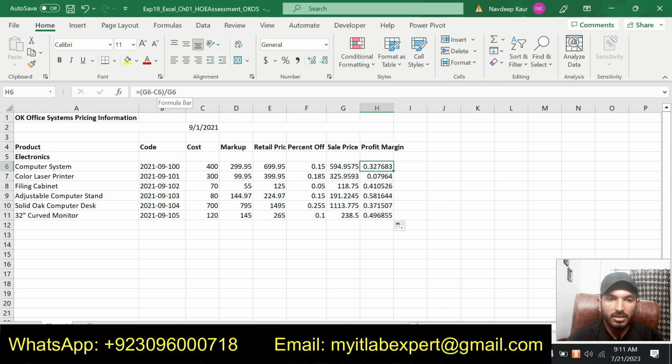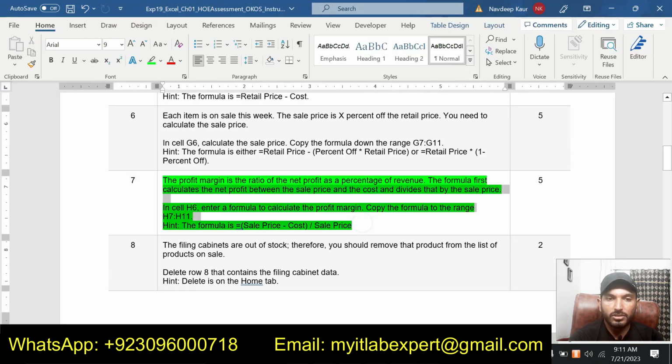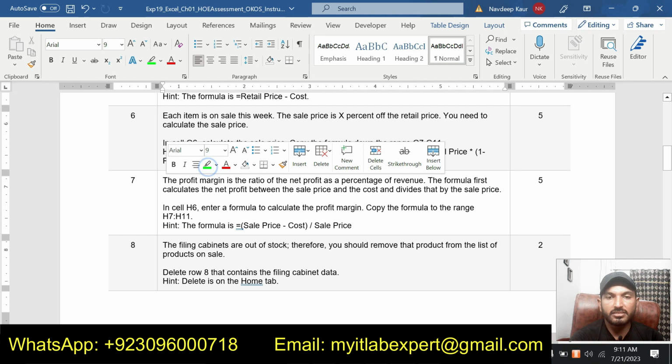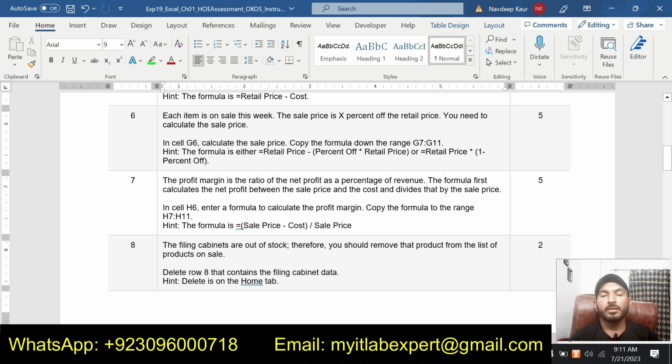So this is the sales price minus C6, that is the cost, divided by sales price, that is G6. So we have completed both sales price and the profit margin in steps number 6 and 7. So we have completed 7 steps so far, and now we are going to do the next step, step number 8.